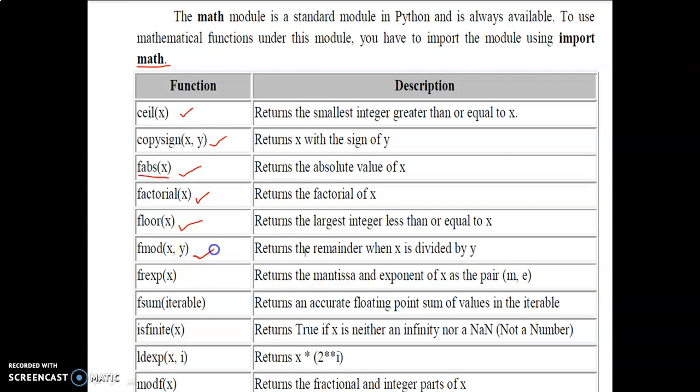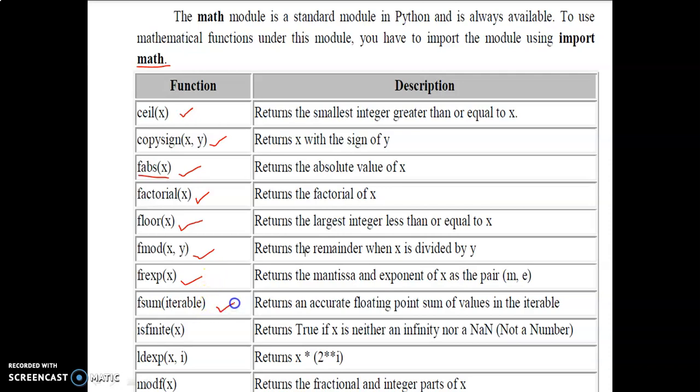In fmod of x, y, the remainder whenever x is divided by y, you can get with fmod. frexp is a function to get the mantissa and exponent values of x. That is, x is the combination of both the mantissa and exponent values, for x power 2 or x square or something else; there you will get both the mantissa and exponent.